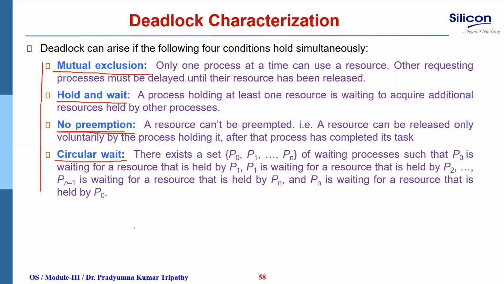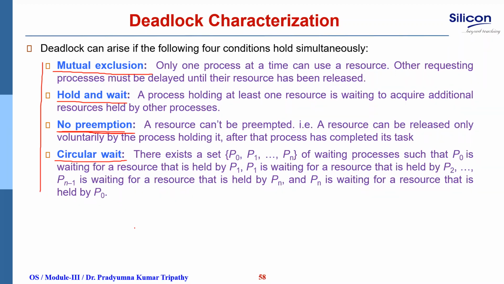In traffic management, the deadlock has occurred. If any of the vehicles goes back, then there might be a chance that the deadlock may have been broken. In every example, if we can forcibly take out some resource, if preemption is possible, then the deadlock could have been broken. But in a deadlock, no preemption is one of the conditions. A resource can be released only voluntarily by the process holding it after that process has completed its task. So a resource cannot be preempted. That is a condition of the deadlock.